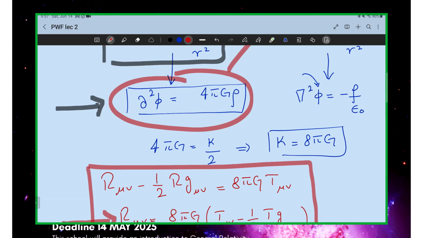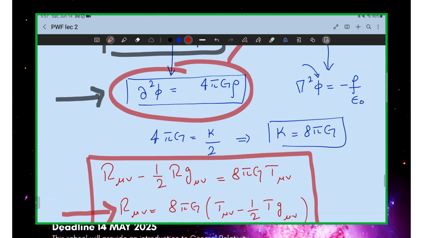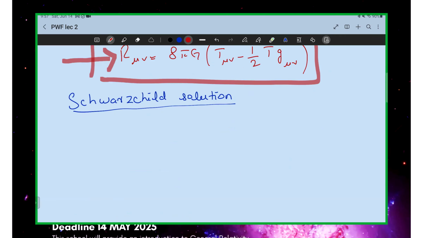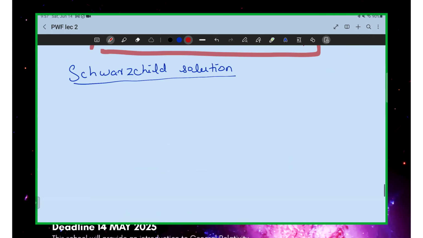Okay, I hope that I was able to answer your question, but let me know if I didn't. If you want to know more about retarded time, you can read chapter number 10 of Griffiths' electromagnetism, for example. Okay. Now, before I start to derive the Schwarzschild solution, let me give you a small overview of